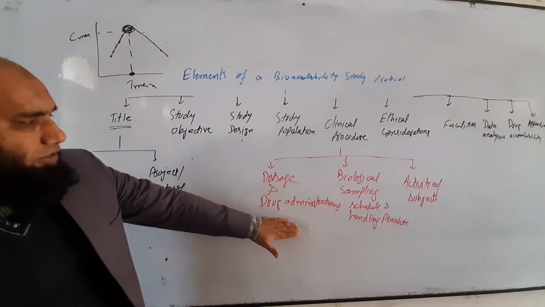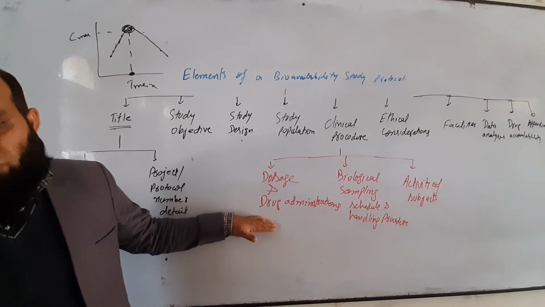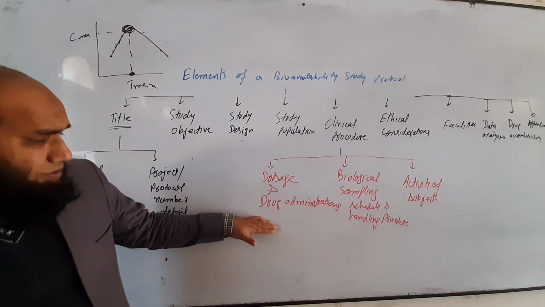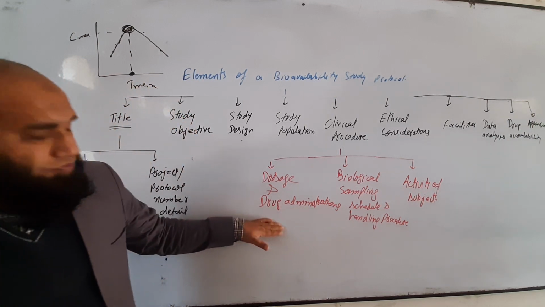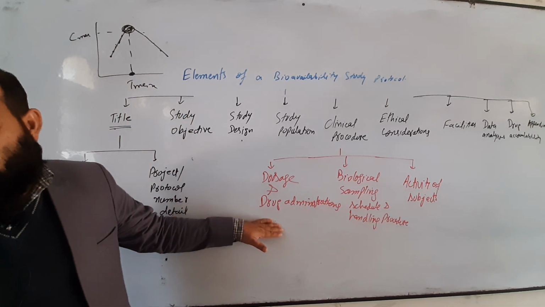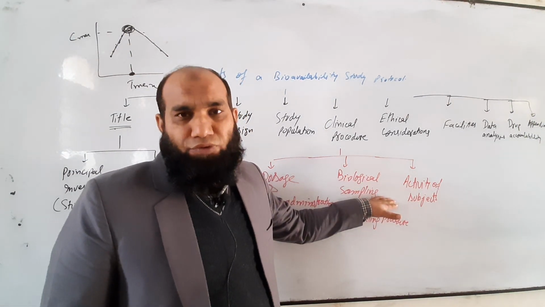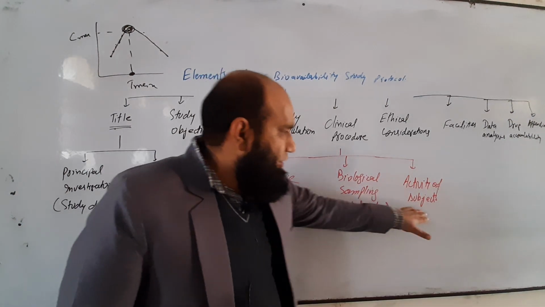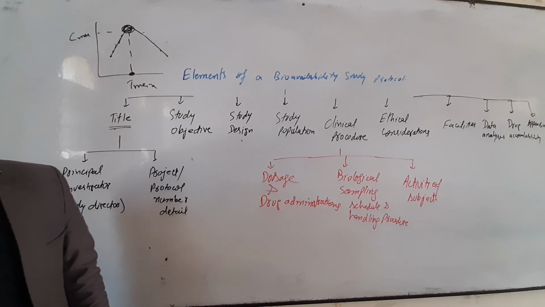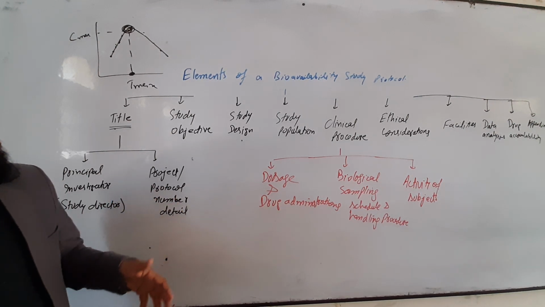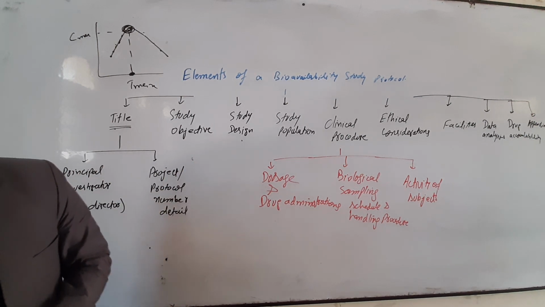And the main thing, if we are performing single dose bioavailability studies, first of all we decide how much drug or what type of dosage form should be used. Then we calculate how many samples we will take from each volunteer, and how many facilities we will provide to the subjects to give us the best or better results for these types of studies.